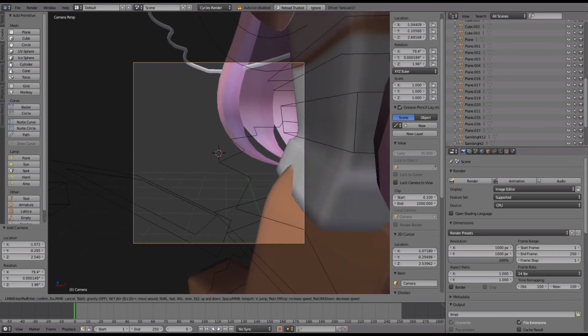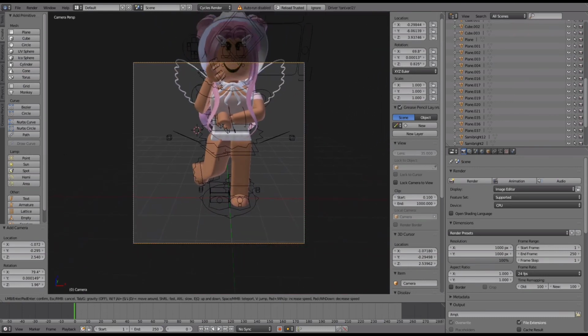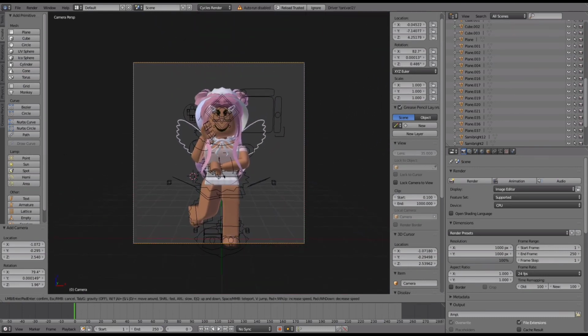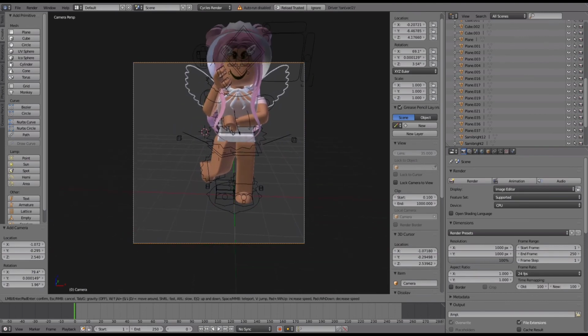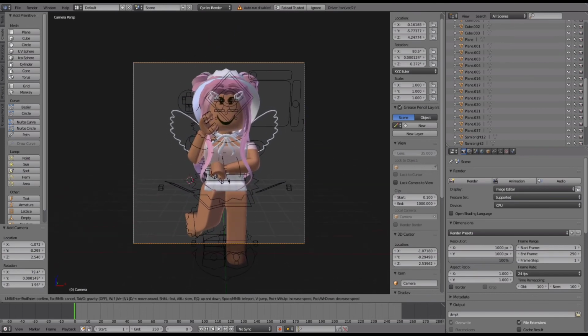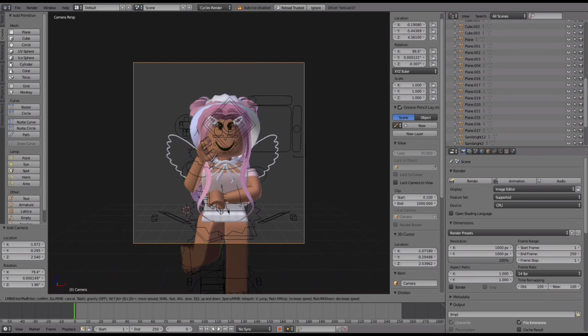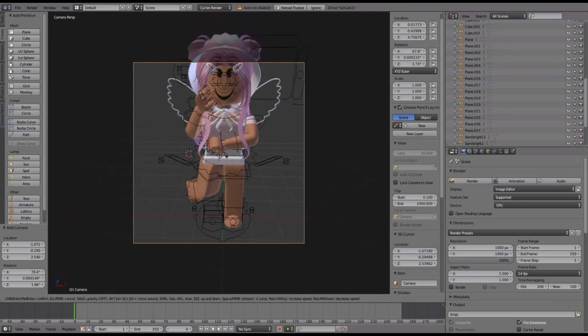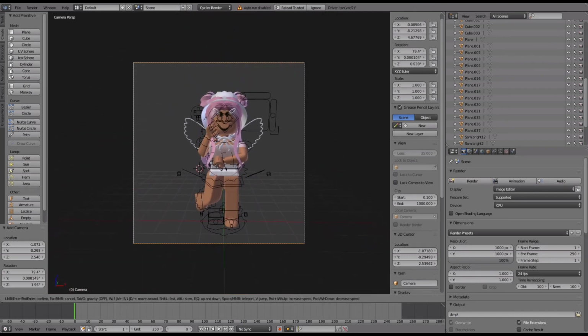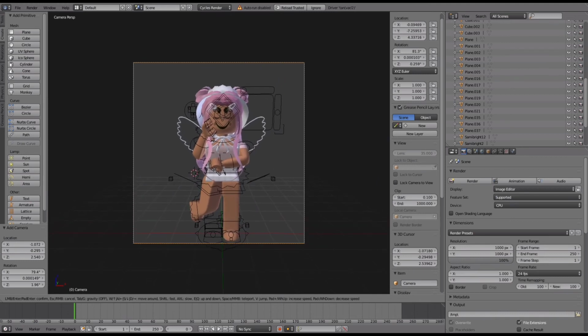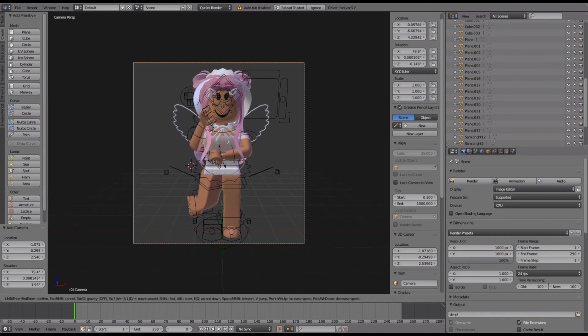Okay, so now use Shift F on your keyboard to move back, and you can get where you want the pose to be, like the picture to render. So I'm gonna get, I don't know if I should just do one part. Okay, I'm gonna do the whole thing. So anyways, I think that this looks pretty good. So what I'm gonna do is just click off, just click anywhere once you're done,